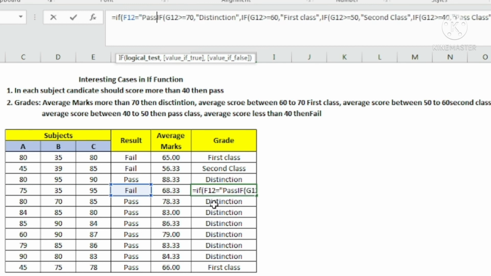So I am writing it in double inverted commas. If this is equal to pass, then only check all these results. And if this condition is not true, give me failed.